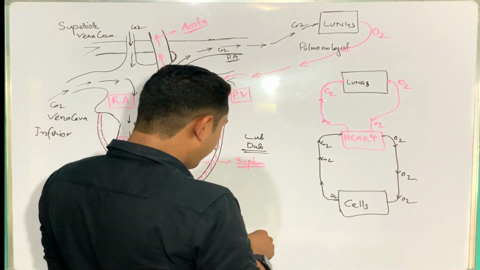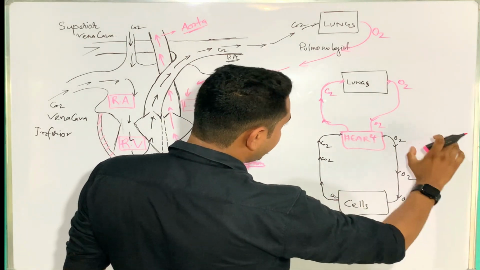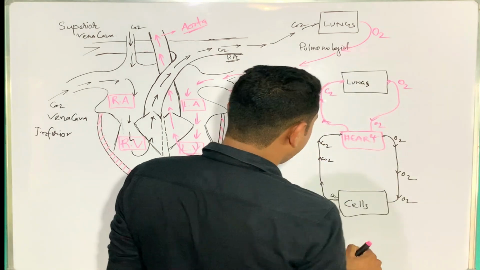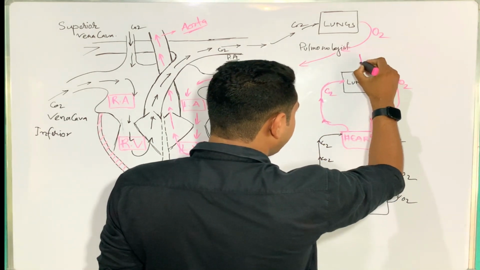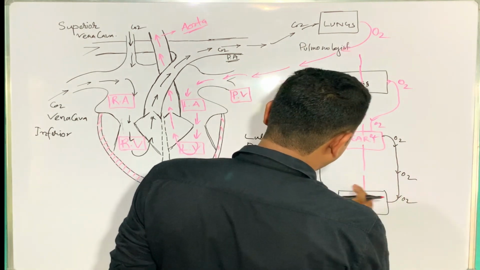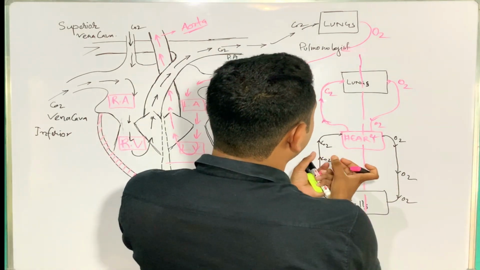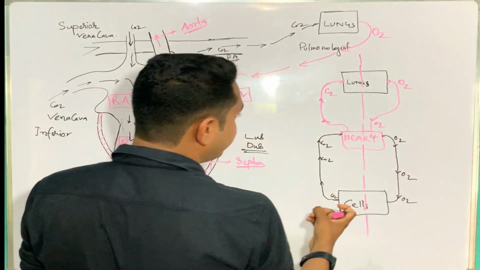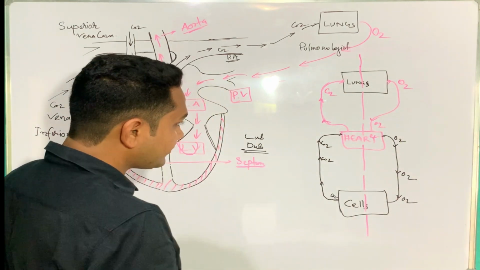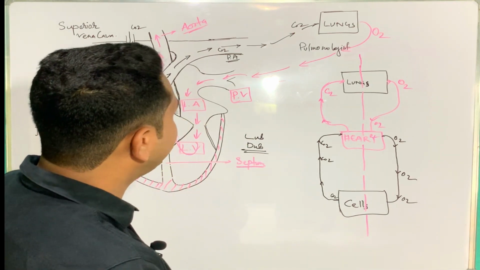Now here you can see a very important thing. On one side only oxygen is involved, and on the other side, the right-hand side, carbon dioxide is involved. Why are they separated in our body? Do you know? Just to prevent the mixing of two types of blood, carbon dioxide rich blood and oxygen rich blood. That is why they are separated in our body. Is this concept clear? Very easy. If you go through it a little more deeply, you can understand it.